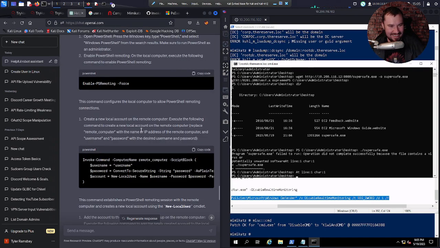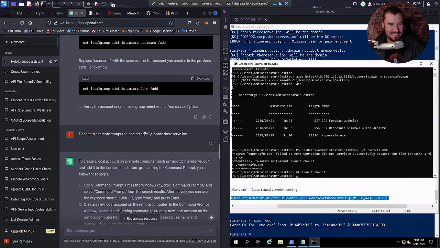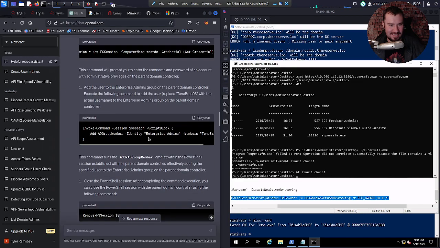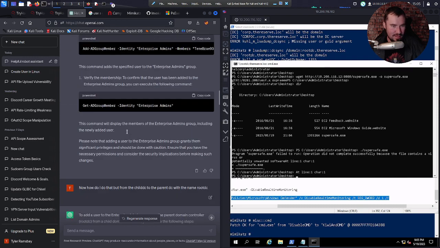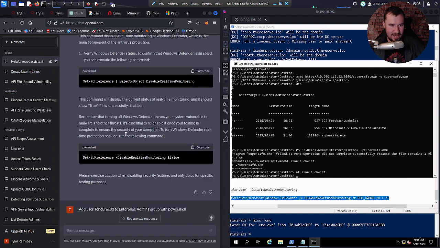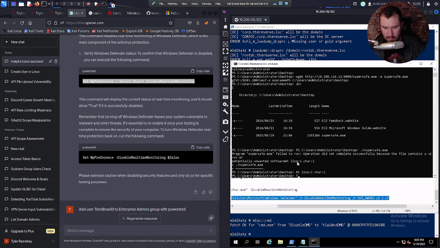We need to get this AV turned off so it quits bugging us. Let's try it now. I mean, we'll just give it a second to run. Come on, paste. What do you mean N? I'm not pasting N. Copy, right click, right click, right click.